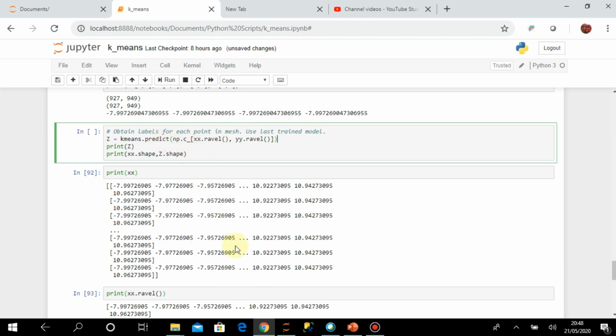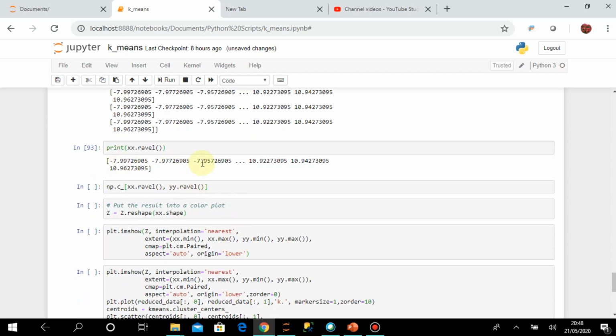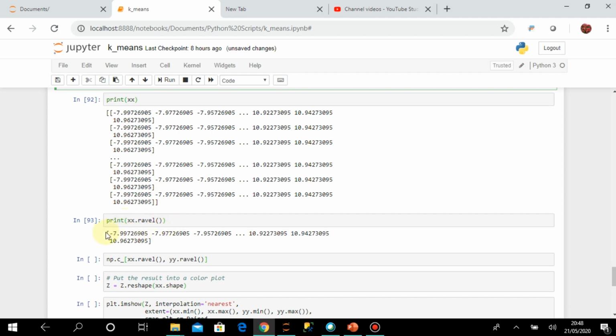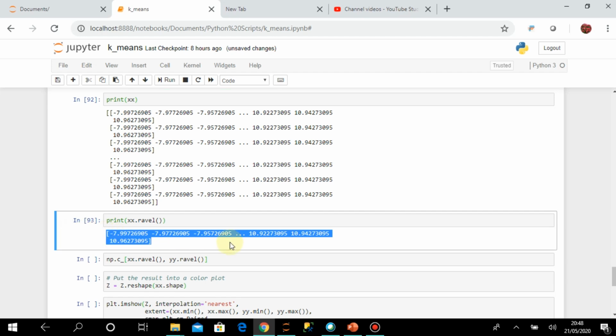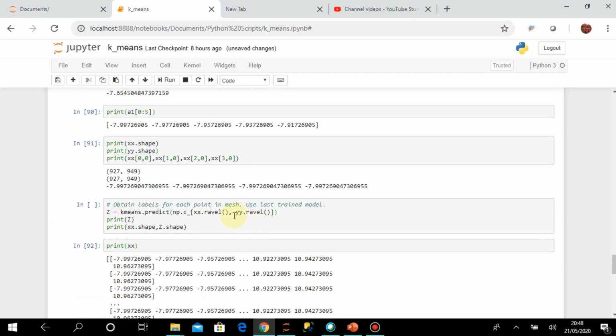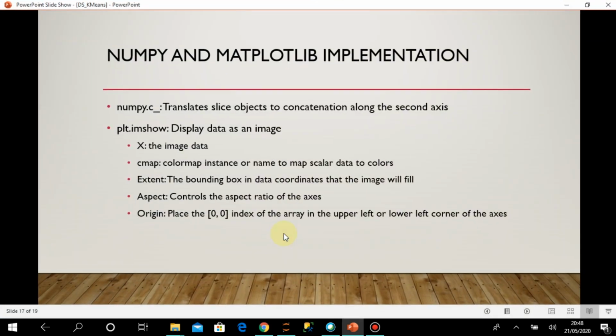So xx.ravel, you can just assume, is a collection of values, a single-dimensional list of values. Similarly for yy, and I'm sending these to the np.c_ functionality. So what is np.c_? It translates slice objects to concatenation along the second axis. It creates a two-dimensional array from the input set of values.